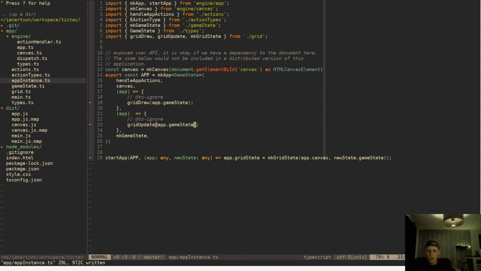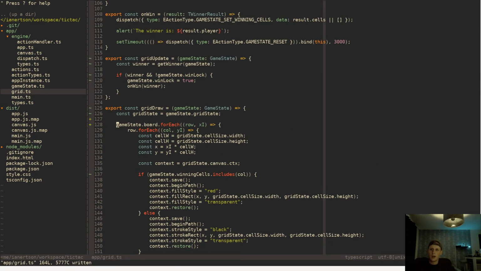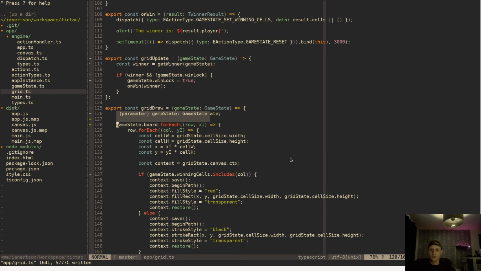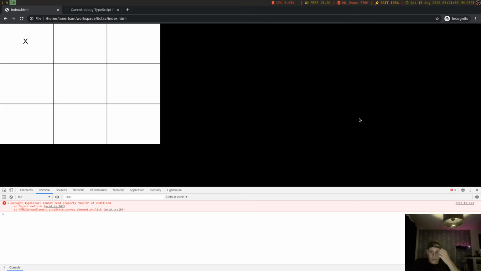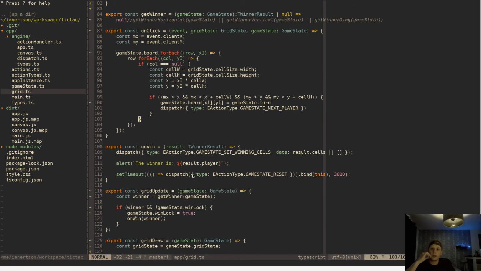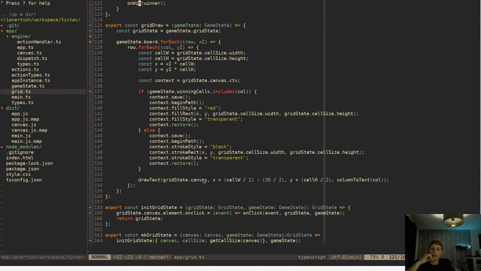Cool. So now if we go into the grid, remove this, we're getting the grid again. Cool. So will they be colored now? Cannot read property board of undefined. Are you kidding me? Grid 103. It's probably not the right line though. GameState.board is undefined on click. So the on click